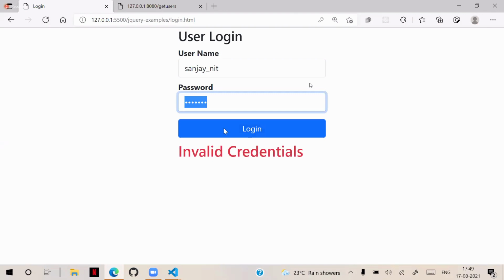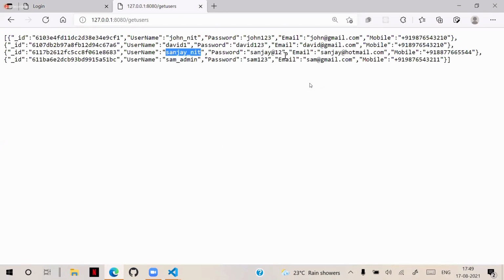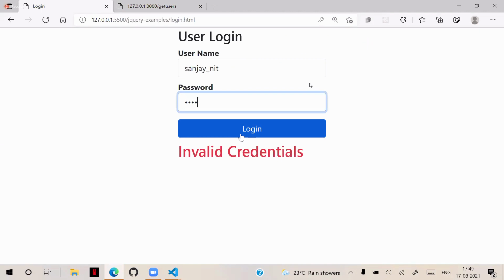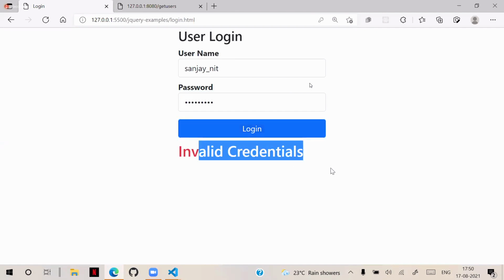Suppose the password is Sanjay@12. That is the password for that person. So Sanjay@12 and login. So it should take me to that. But previously it showed invalid credentials. After showing invalid credentials, it stopped there. So it should come out of that.